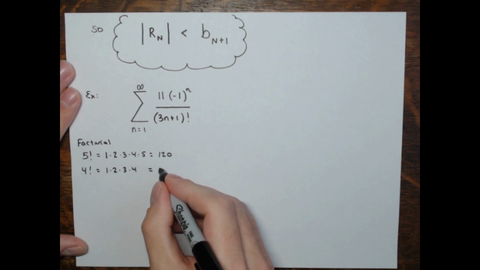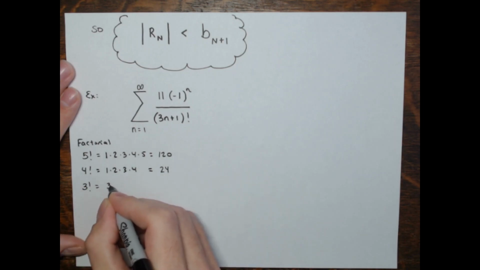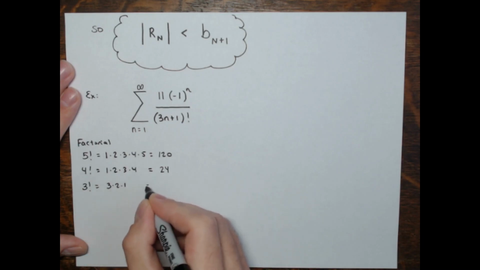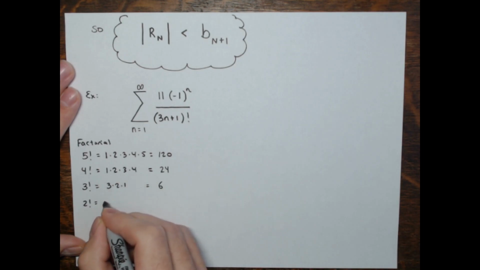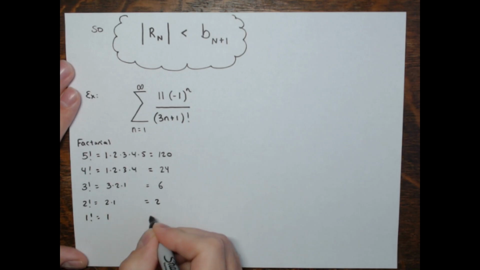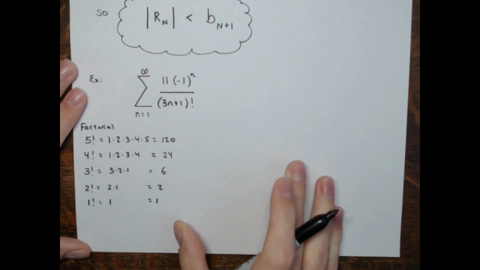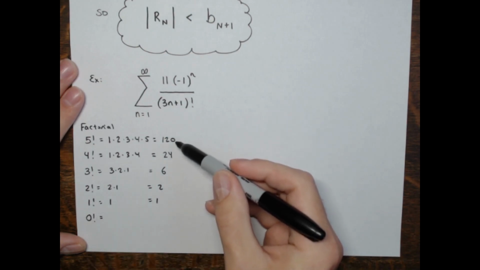You're just taking a big product, and this would be 24, and 3 factorial would be 3 times 2 times 1, or 1 times 2 times 3, that would be 6, and 2 factorial, 2 times 1 is 2, and 1 factorial would just be 1. And then something that is defined so things don't get messy on us is, and again, if you followed the pattern here,